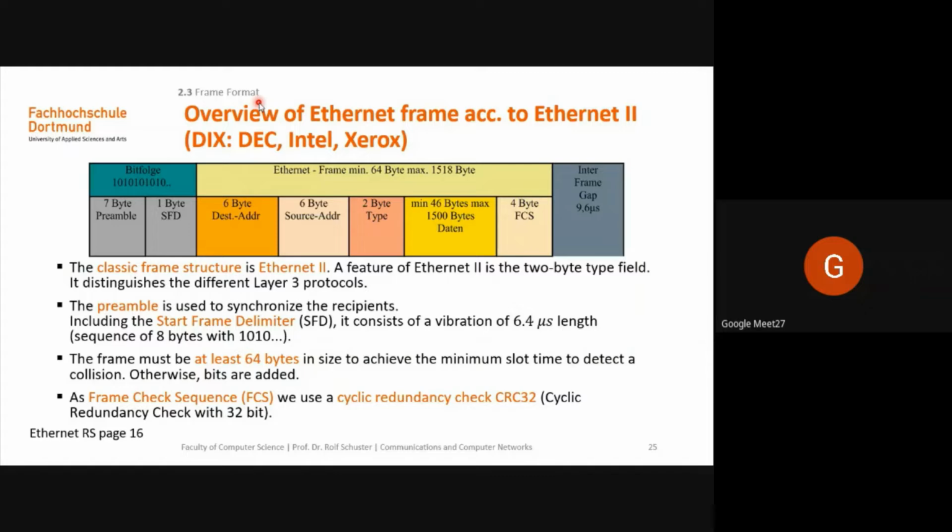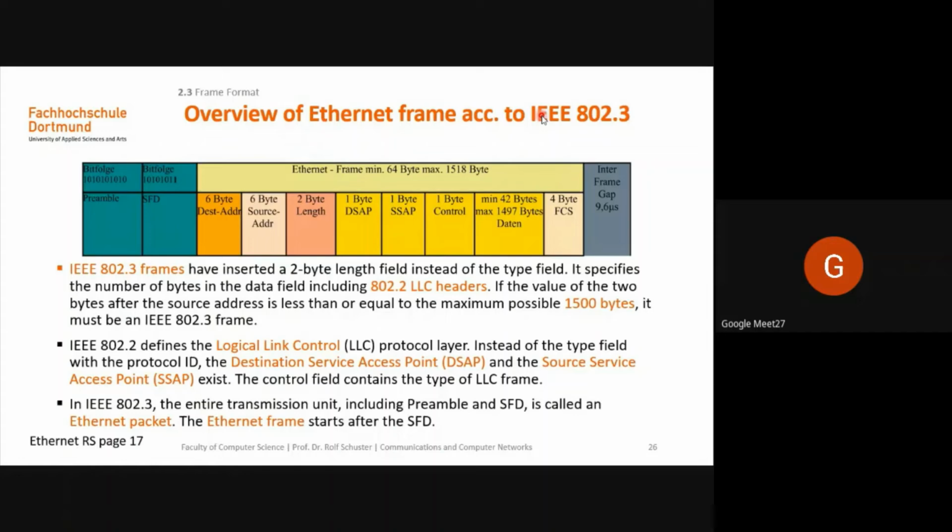We could use another frame format called 802.3, because in fact this frame was specified by IEEE in February of 1980, and then perhaps one decade later of